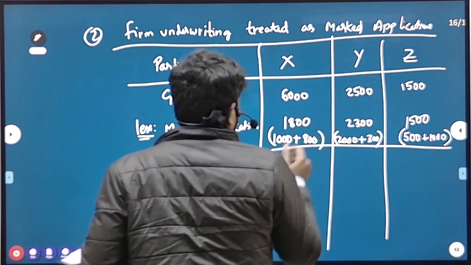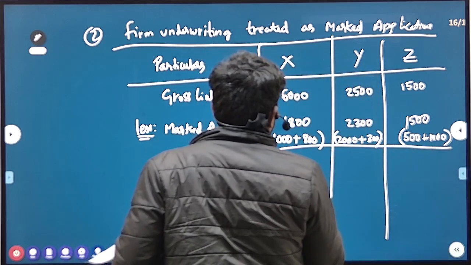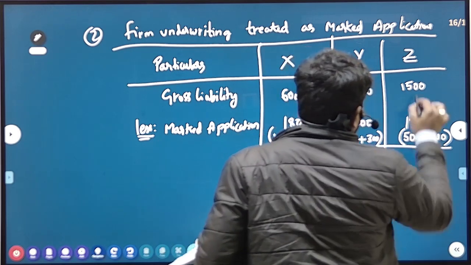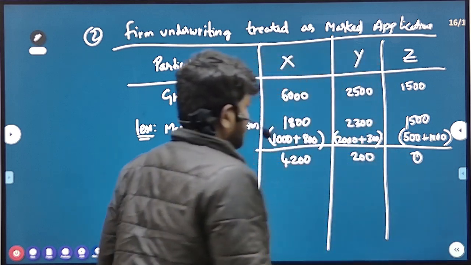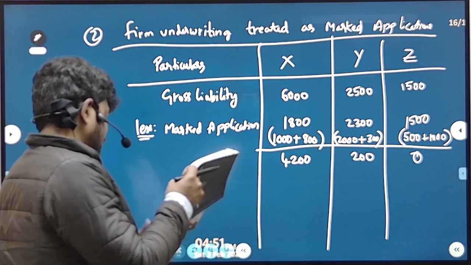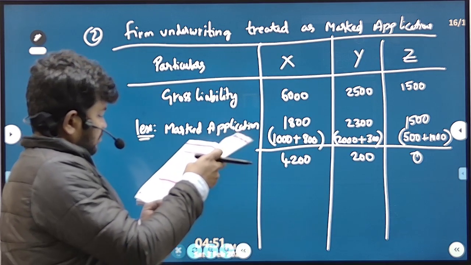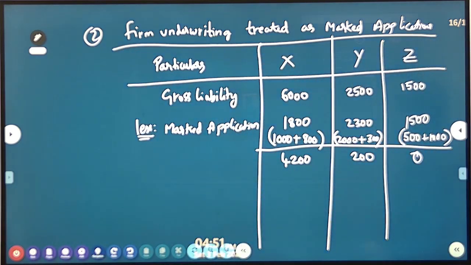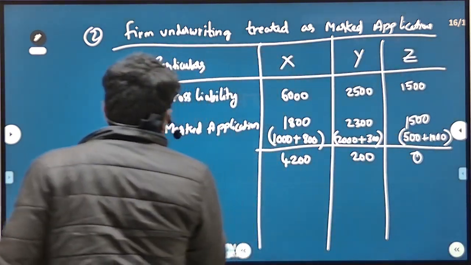लेस करो 4,200, 200 इधर 0। ठीक है ना? क्लियर टिल नाउ? हाँ, नेक्स्ट अनमार्क्ड एप्लीकेशंस।